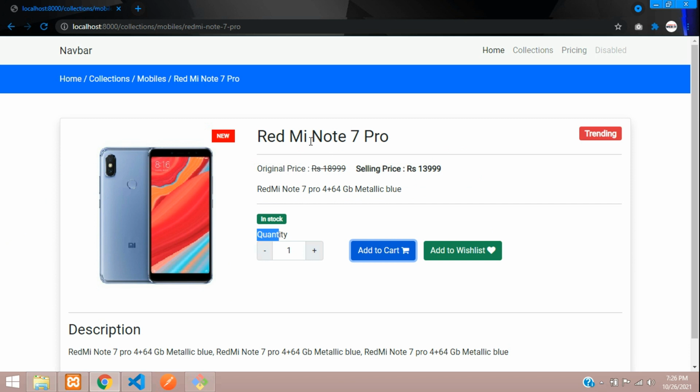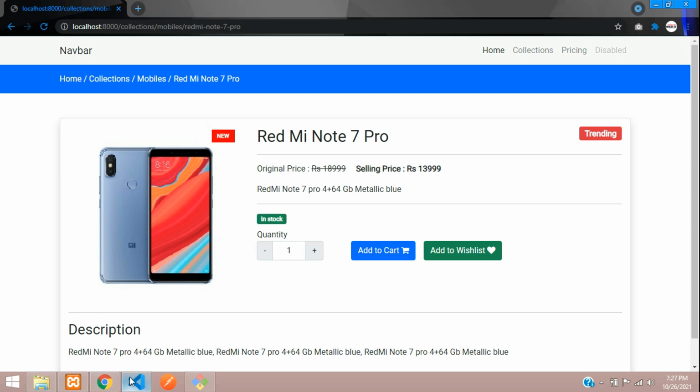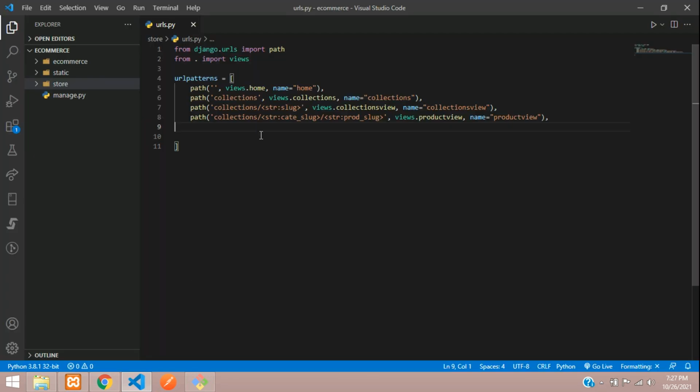So once the user adds the product to his cart, we need the user to be logged in. So for that we need to authenticate the user. So we will be first making the register and login system, and then we will continue this add to cart. So let's get to the code, and here I will create a path first,